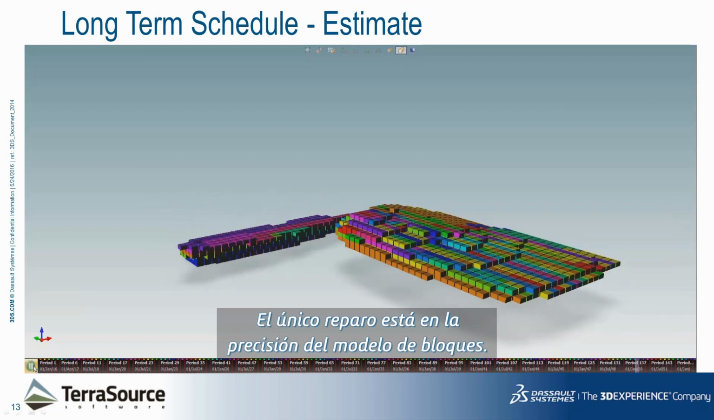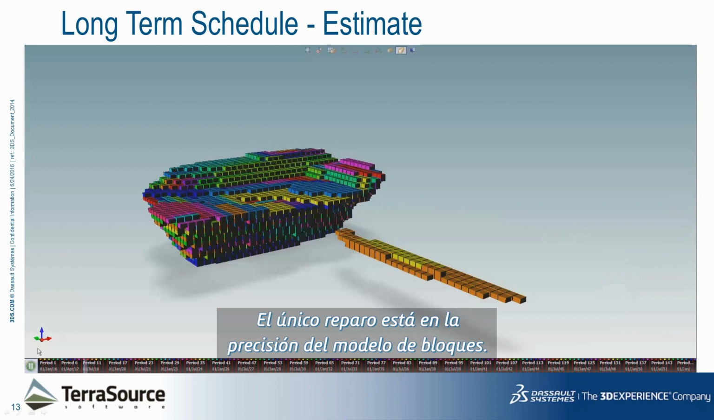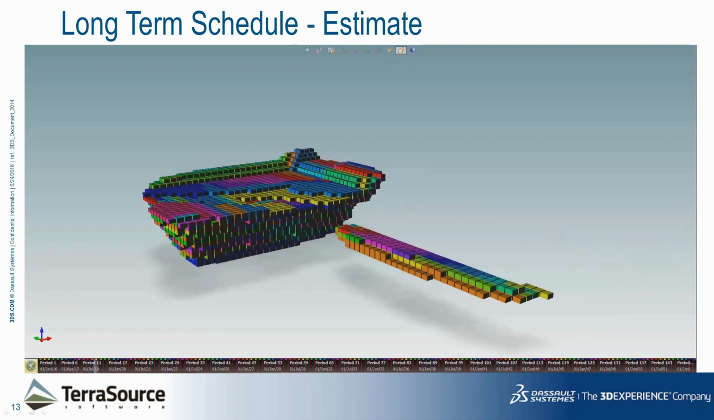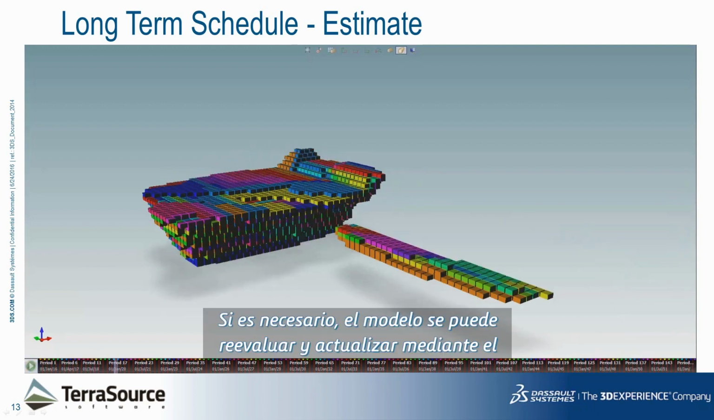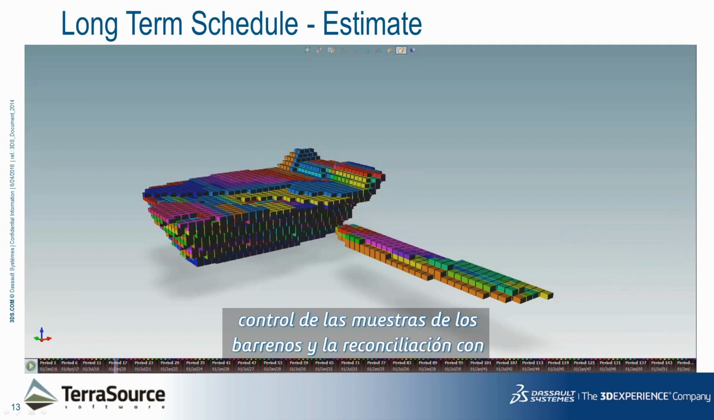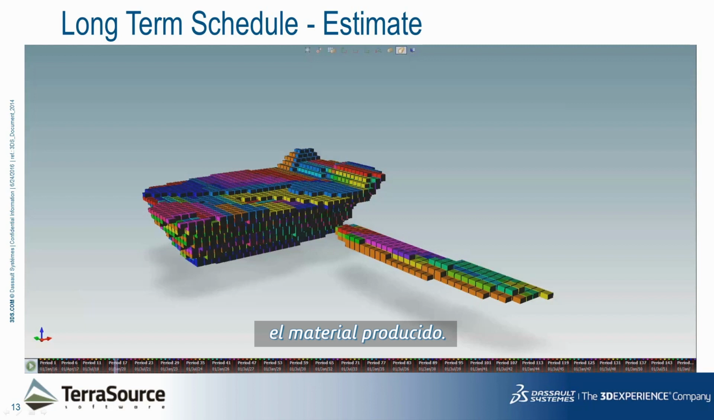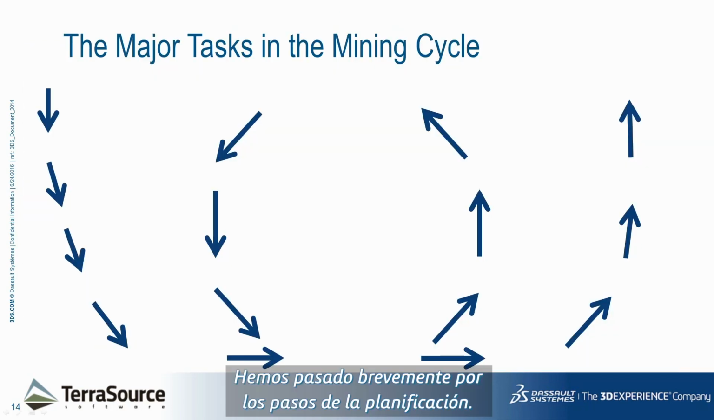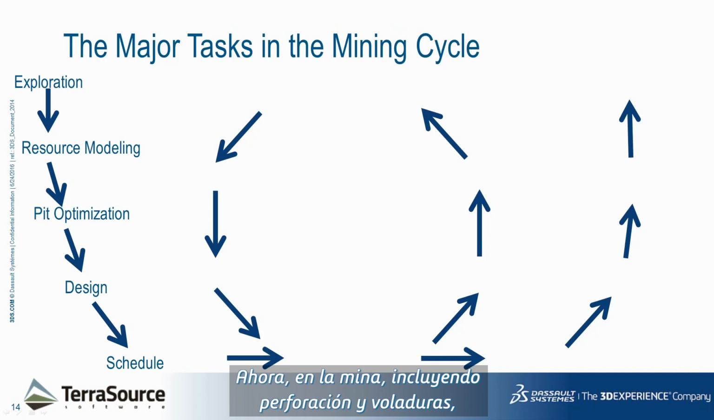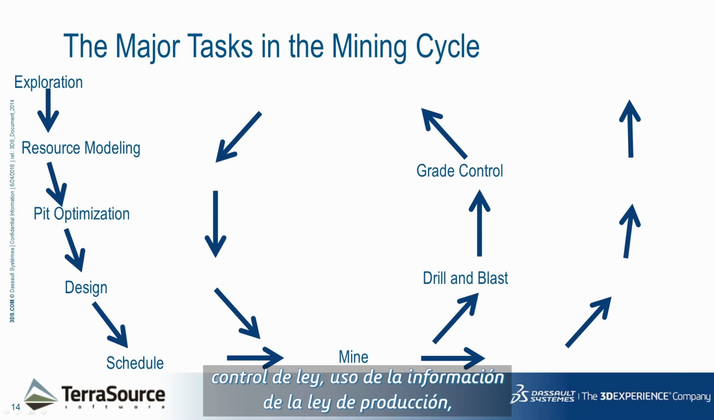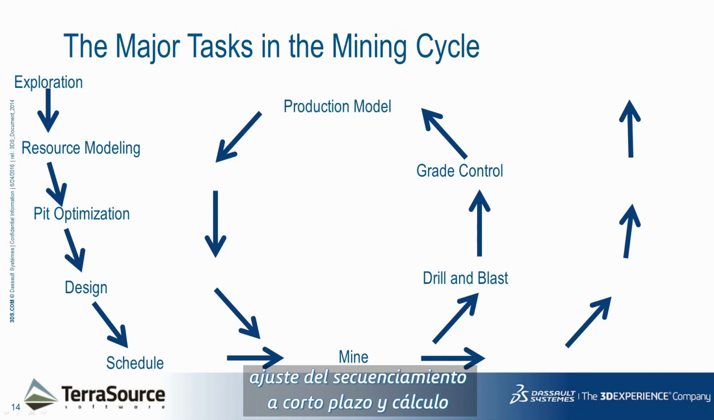The only caveat is the accuracy of the block model. The model can be reassessed and updated if necessary by checking against blast hole samples and reconciling with produced material. We've briefly stepped through the planning steps. Now into the mine, including drill and blast, grade control, using production grade information, adjusting the short-term schedule, and estimating